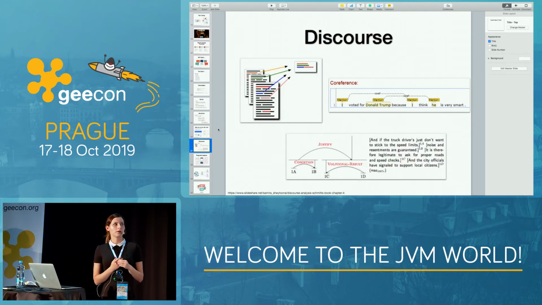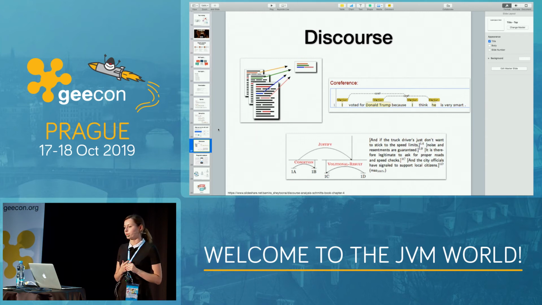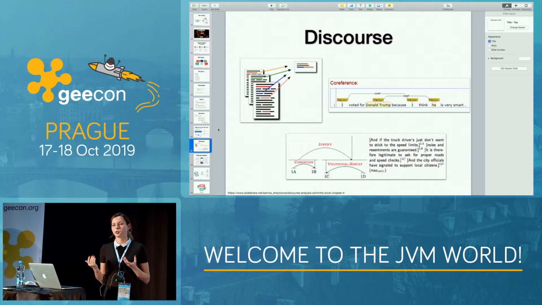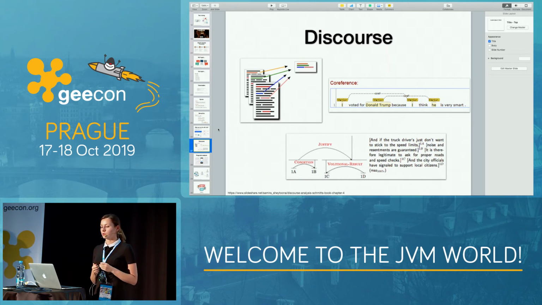The next two steps are much more difficult to achieve. Discourse analysis is just the understanding of connections between different parts of text. So in the sentence, I voted for Donald Trump because I think he is very smart.